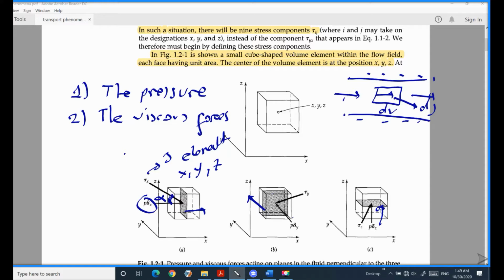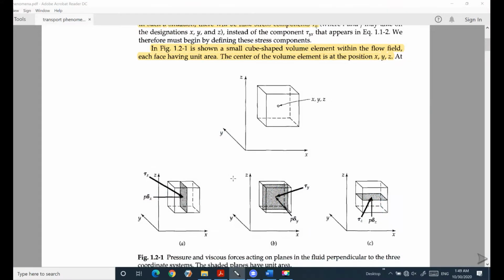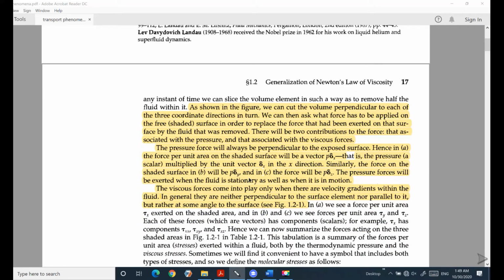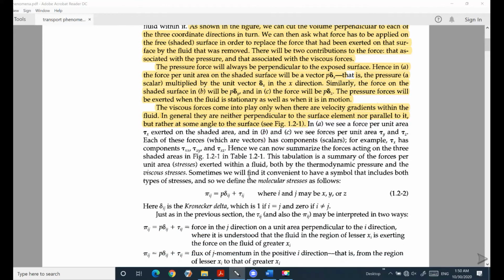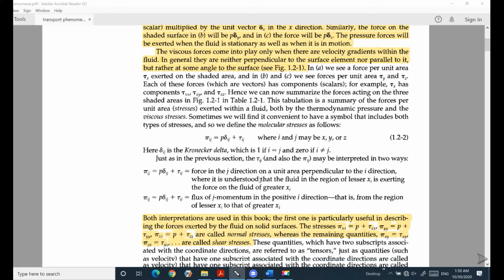For the second surface, the pressure is acting perpendicular, in the y direction, and the viscous force is acting in some y. This surface area also has three elements. Similarly, the pressure is acting on the z direction surface, along with viscous forces. So okay, when we move to the next part, you see from here,